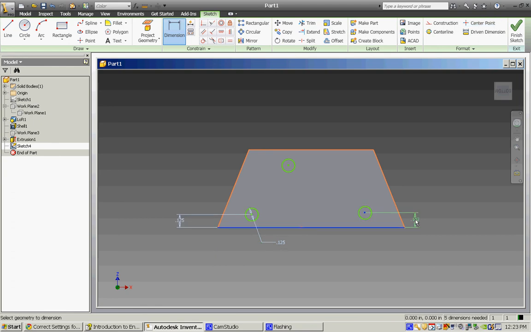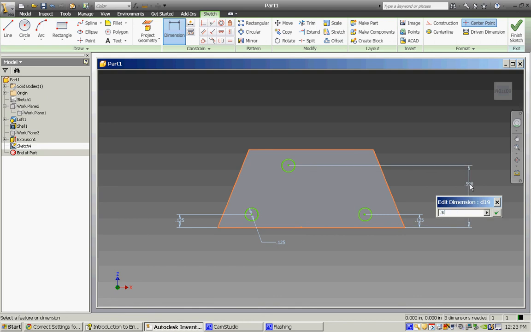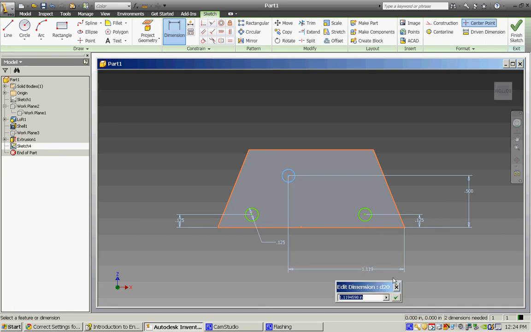Distance from here to there has to be half of the overall distance, which would be 0.9, and then the distance between there to there is 1.25, and the distance from here to the corner is going to be